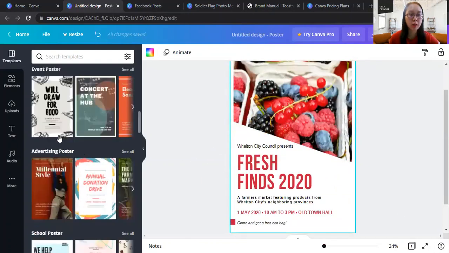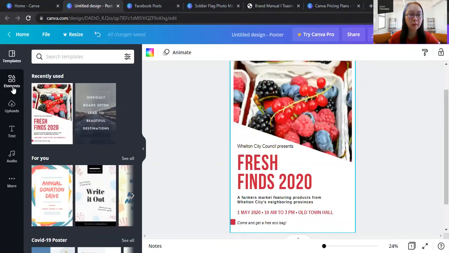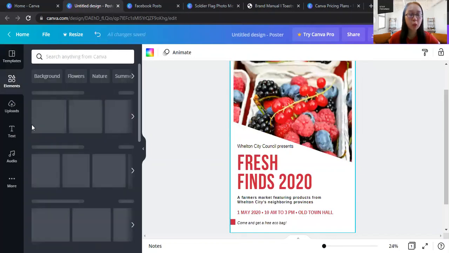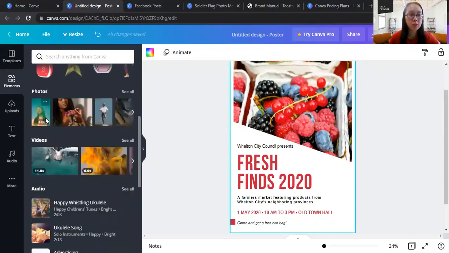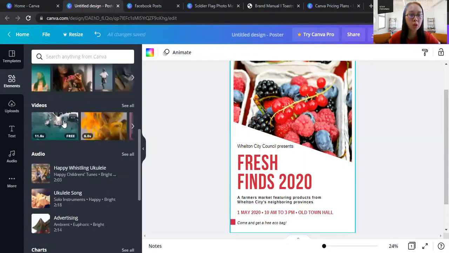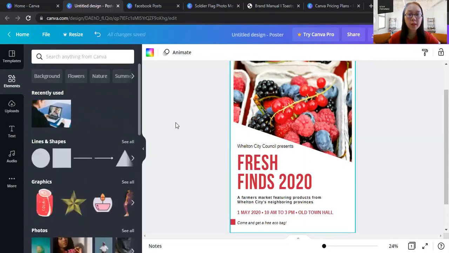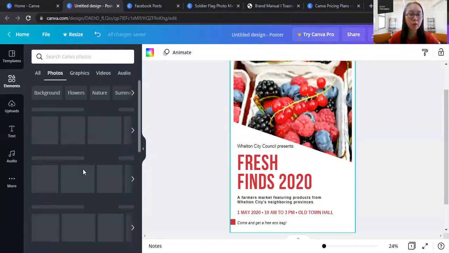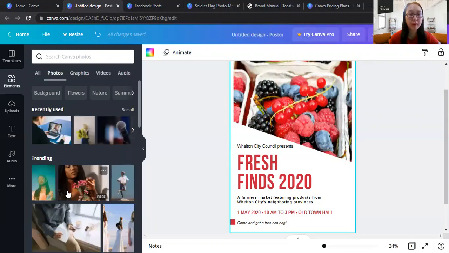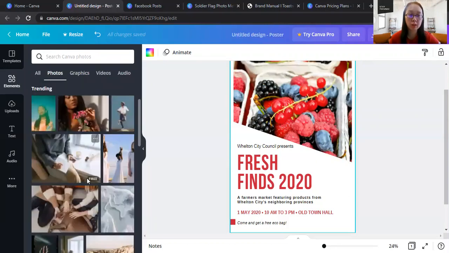Here you can search for any templates, and here elements includes lines and shapes. If you want to insert, graphics are not allowed in Toastmasters posters, photos, videos. So for example, I know I want to use these photos recently. Let me see, I just click on these photos. Okay, by default, it will show you the free photos. Here you can see there's a free label over here, so you are free to use, you don't need to pay